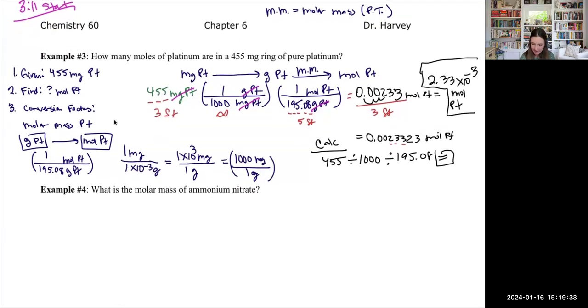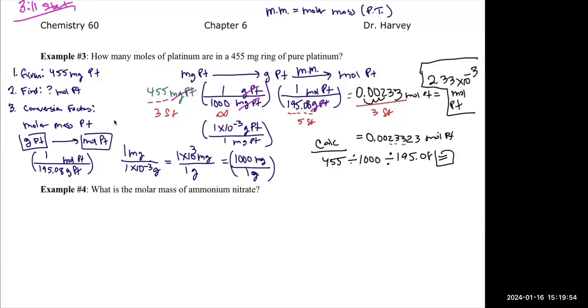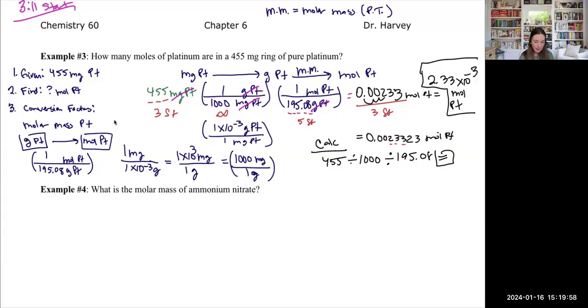You could have just as equivalently written 1 times 10 to the negative 3rd grams of platinum for every 1 milligram of platinum. This would be equivalent to that. Oh, okay, thank you. Because I had it like that the first time and I thought it was wrong. And you should have gotten the same answer. And the reason I can do that,